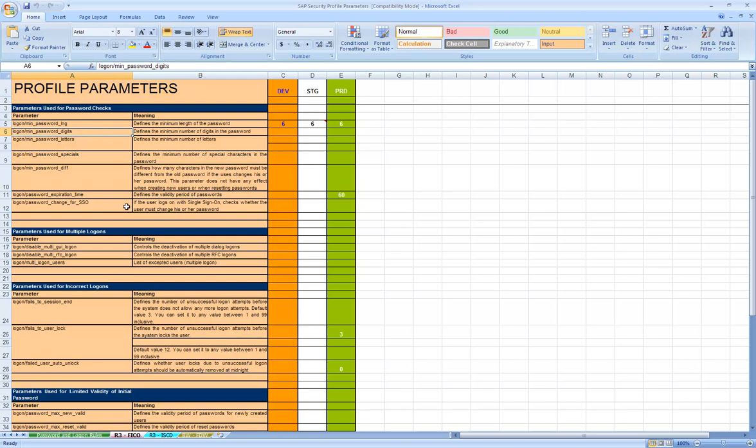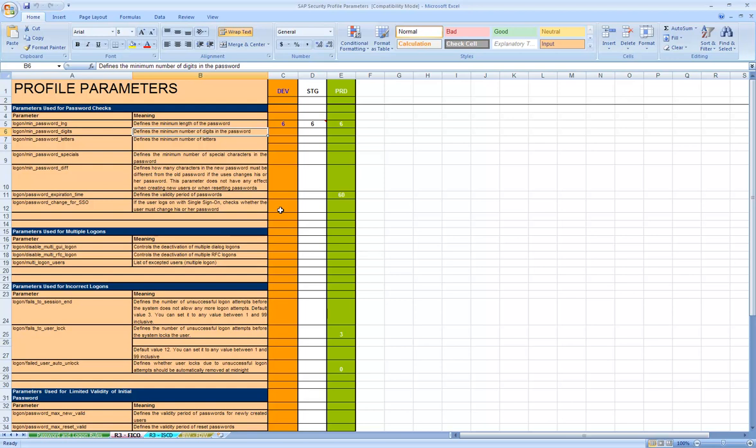Now let's take another parameter, login/min_password_digits. What this parameter does is it will enforce the users to use at least one numeric character, 0 to 9, as part of their password. If the user decides to use all 6 or 8 characters as numeric characters, that's fine.